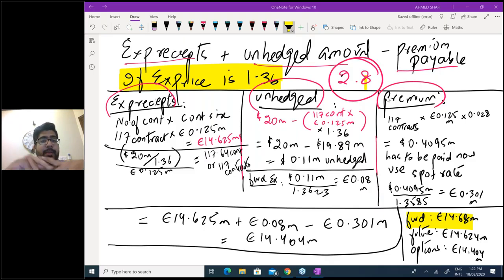Ahmad Junaid, because premium has to be paid. If you are paying, you need a buying rate. You will buy. Elmir, again, the premium is in dollars because you multiplied it at 0.0208 and you can see the heading, it's cents, it's dollars.